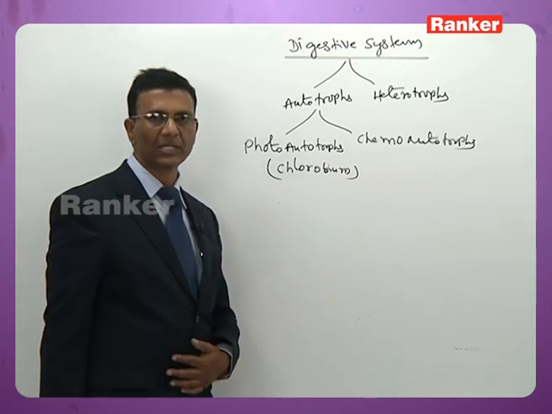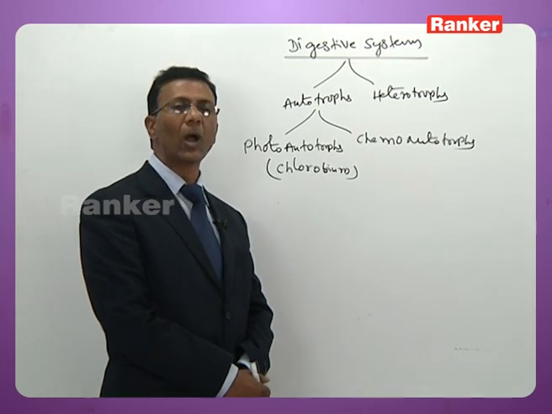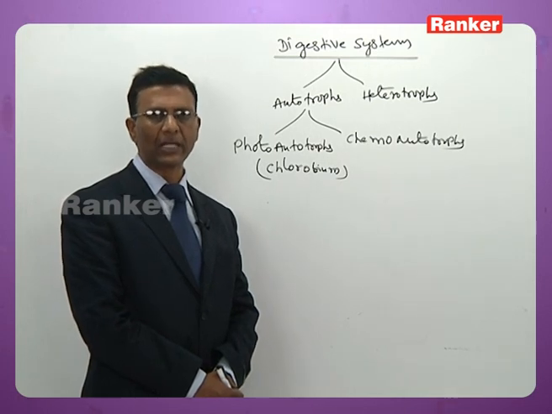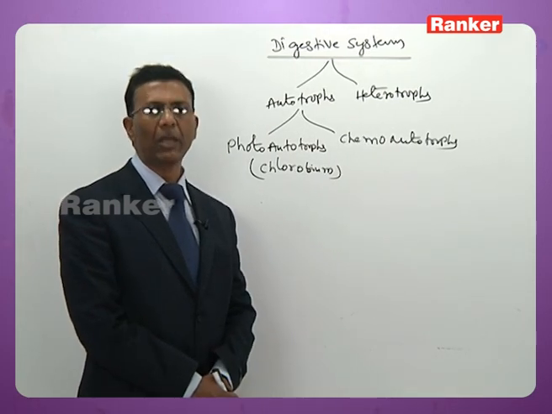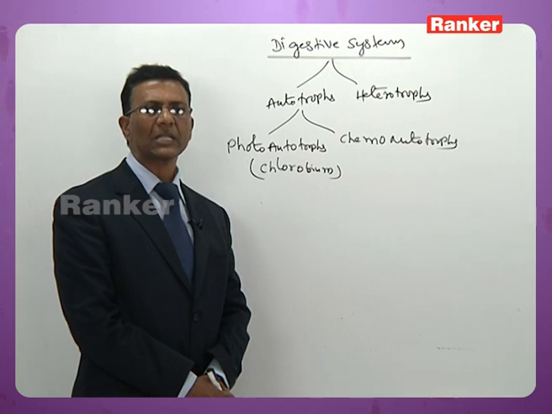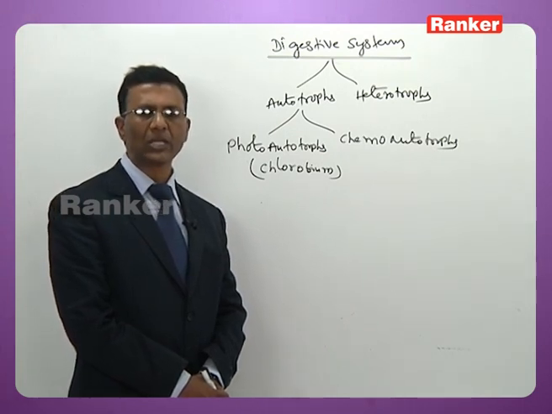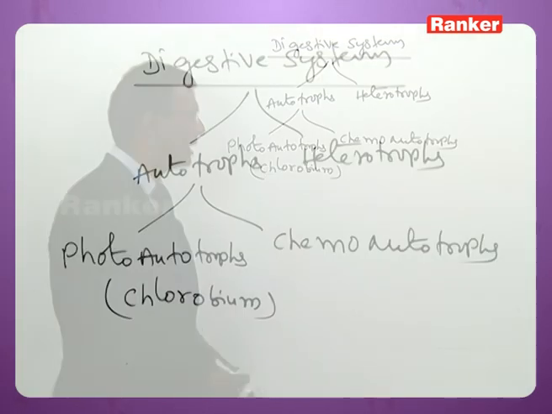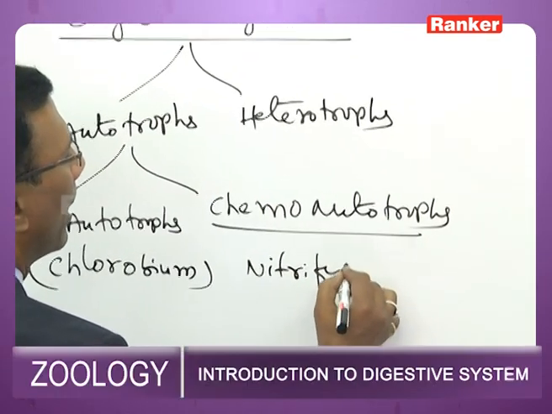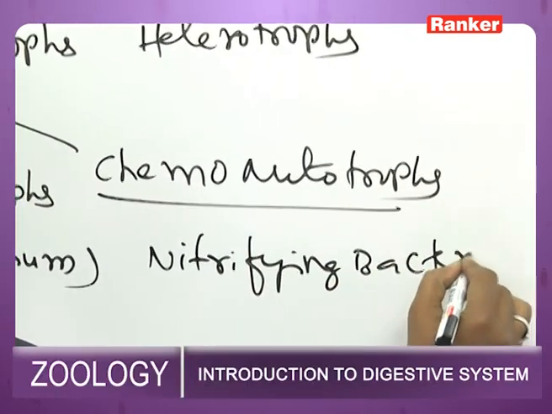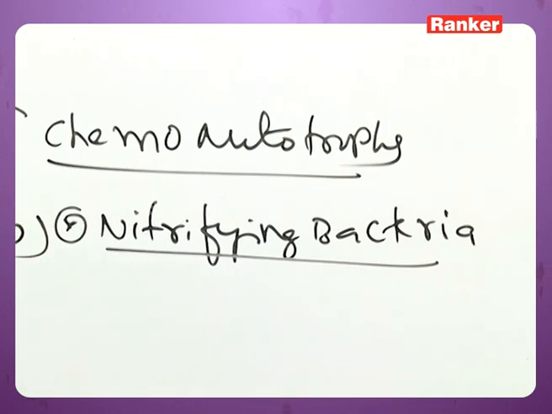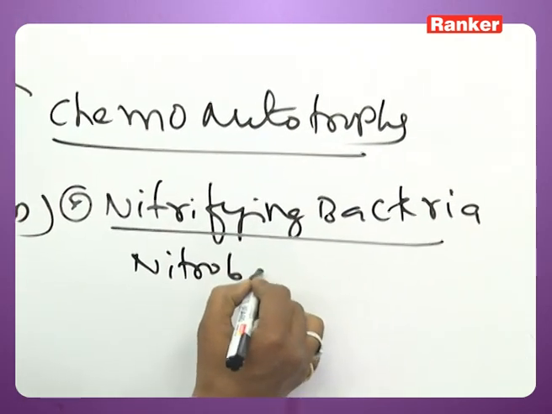The next is the chemoautotrophs. The organisms which do not require sunlight, which prepare their own food by making use of chemicals present in surroundings, are called chemoautotrophs. They make use of different kinds of chemicals like iron pyrites, nitrates, some sulfur compounds, sometimes acetic acid, CH3COOH, sometimes H2SO4, and so on. Under this you have several examples, like nitrifying bacteria. Nitrifying bacteria are the chemoautotrophs. Under this you have examples like Nitrobacter,